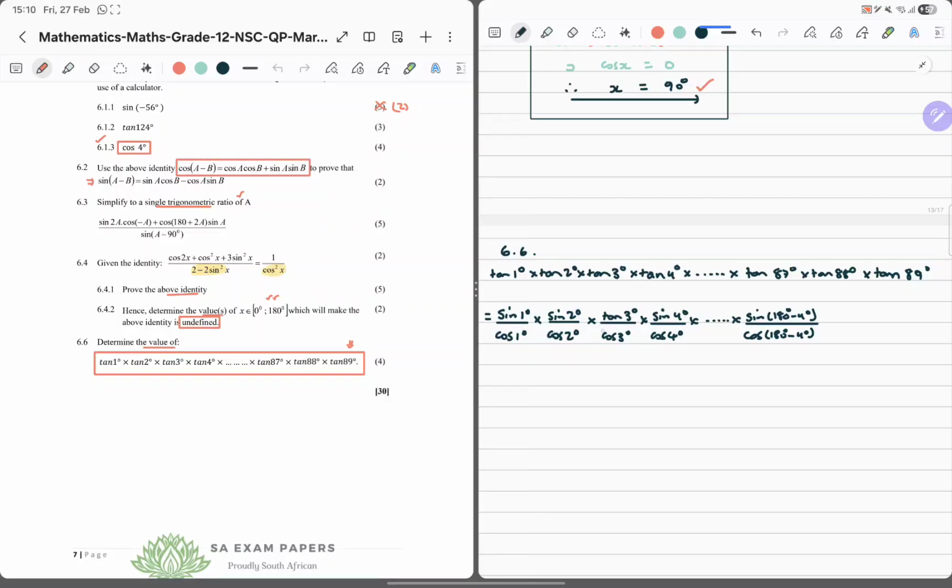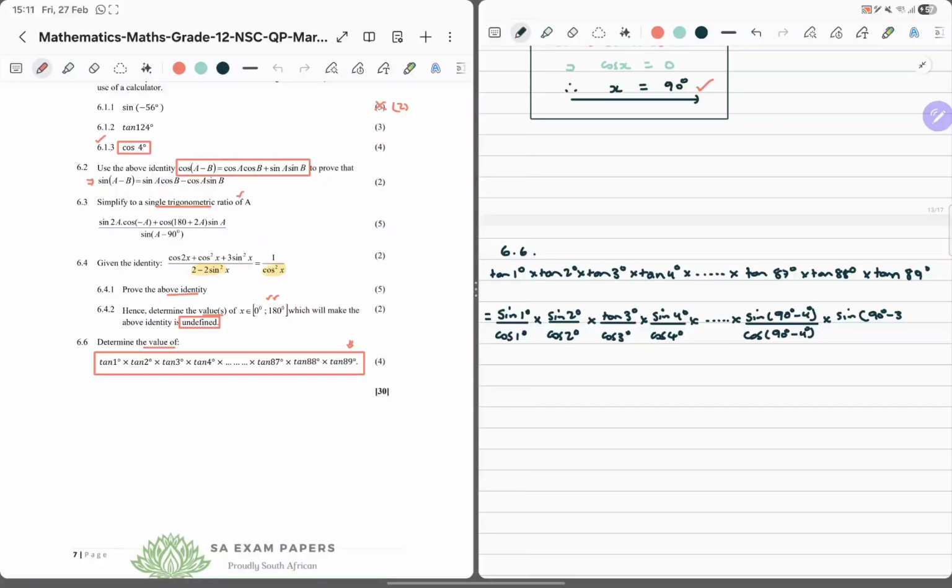You see, now there's something that's coming up. Multiplied by sine, did I say 180? No, man, it's 90. It's 90 degrees minus 4. As you can see, we're getting some things that we had at the beginning. So this is going to be sine of 90 degrees minus